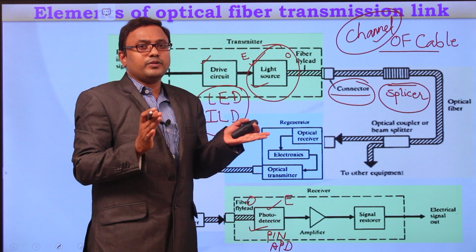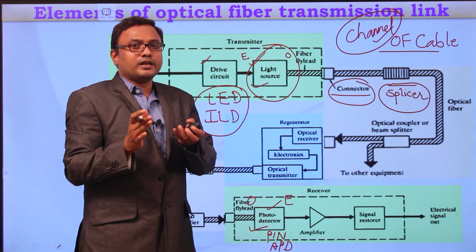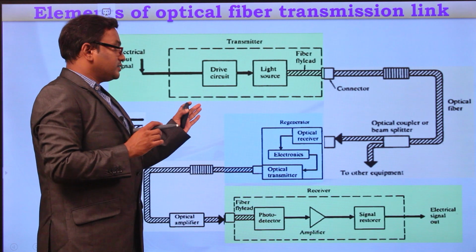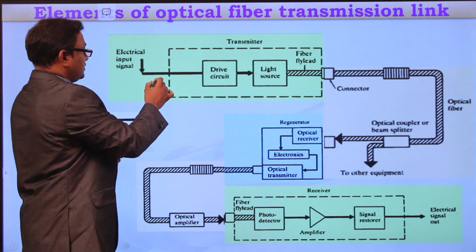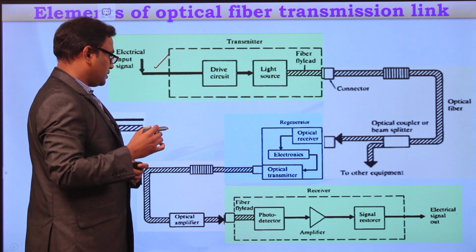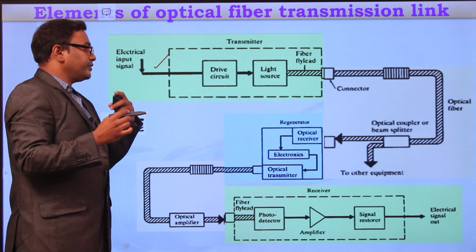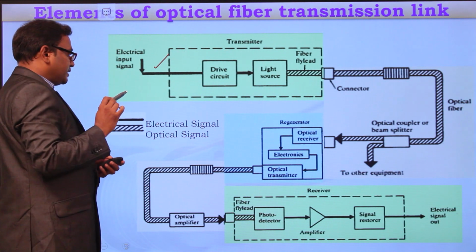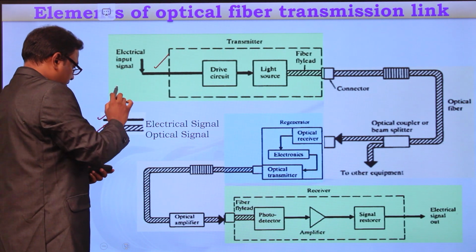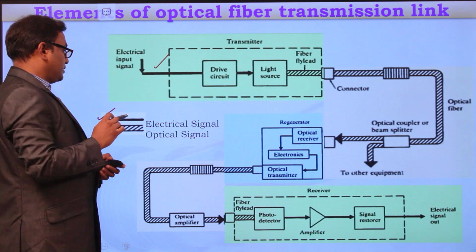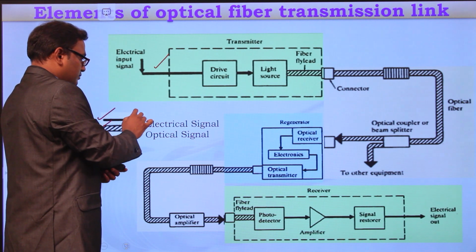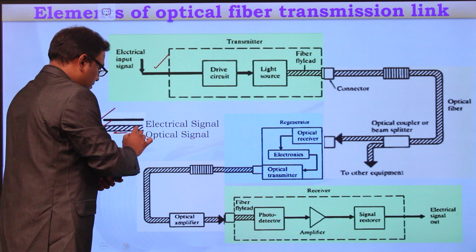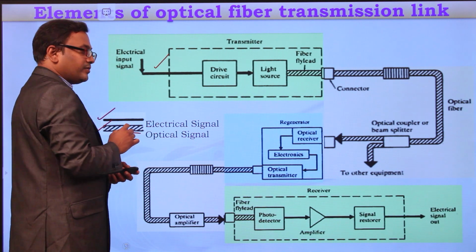So this is briefly the overview of your optical communication system, which we are going to learn by the end of this course. Here, if you see this diagram, there is a thick line. Here you can find two different types of wires. This one is representing the electrical signal, and this is representing the optical fiber cable. And through this line, the electrical signal is transmitted. So this is the copper line, and this is the optical fiber cable, which is generally made up of either glass or plastic.